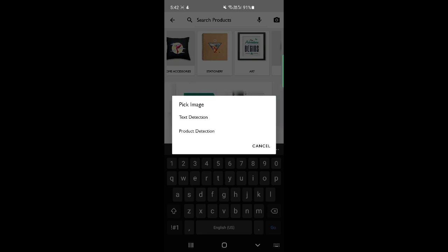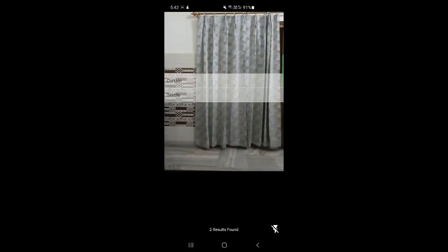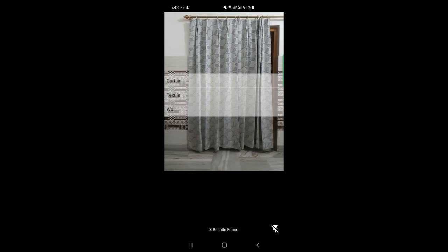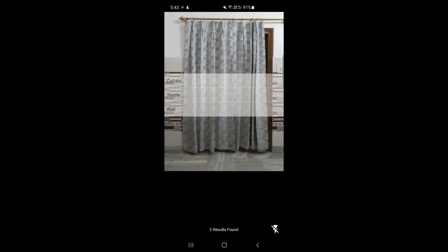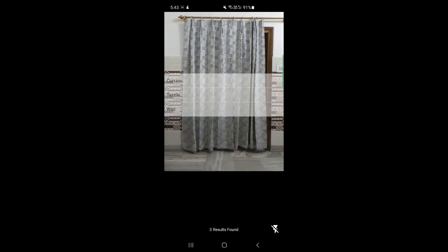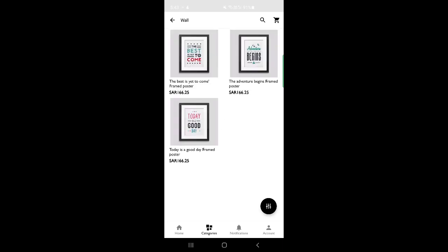Right now I don't have any products in front of me, for example, any images of jeans or a t-shirt. So we can do a product detection just as an example. You can see that it has displayed curtain, textile, wall. It has recognized the image in the background there. So according to that, we can just scan the products if there are any. According to the wall, we have the wallpapers there, and they have been displayed to the customer. So that was about the search there. Let's tap back.